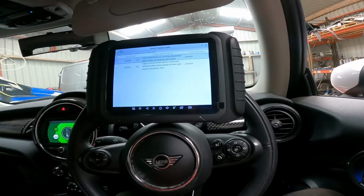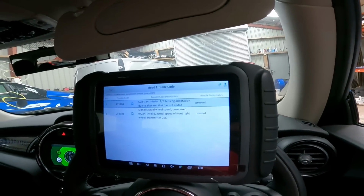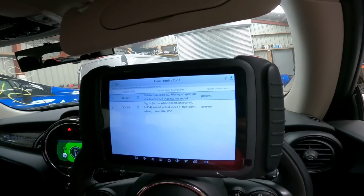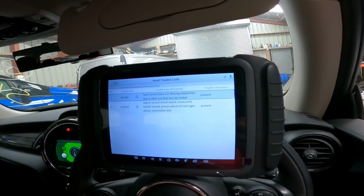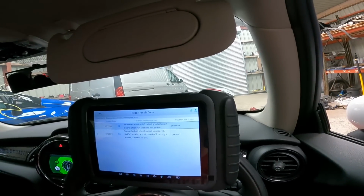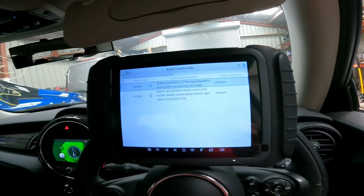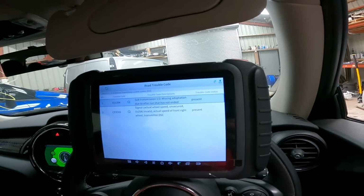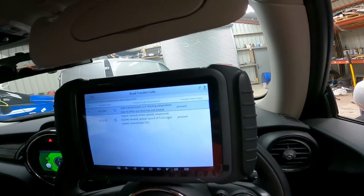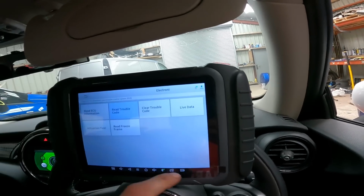Read trouble codes. Right. Sub-transmission, missing adaptation due to after run that has not ended. Signal actual wheel speed unsecured, invalid actual speed of front right wheel transmitter DTC. I don't know why it, I don't know, be honest with you. So actual wheel speed unsecured. Sub-transmission, missing adaptation due to after run. Alright, so